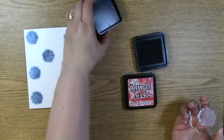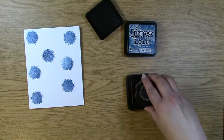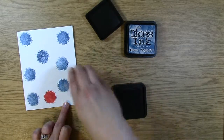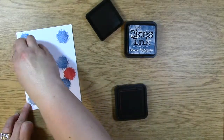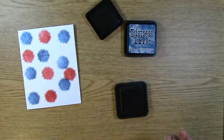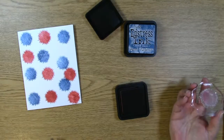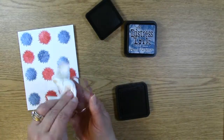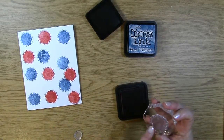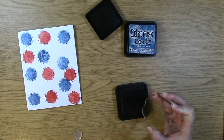And then I'm going to use the red ink, which is Festive Berries, and color in more of the background by stamping it. Okay, and I think I'm going to do one more little splotch right here. Okay, so I'm going to wipe this off again with my baby wipe. Now there's scrubbing pads and all different kinds of ways that you can wipe these off, but I chose to use the baby wipe for time. Makes it a little bit quicker for the